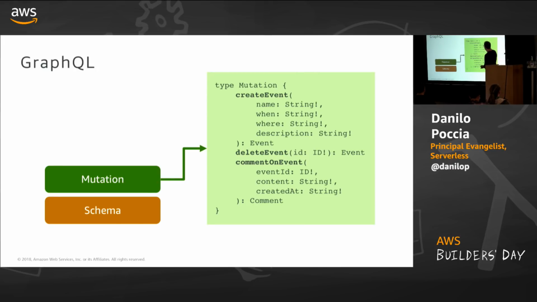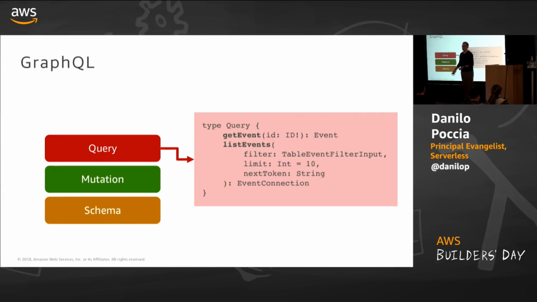So to create an event, I need all the information of the event. To delete an event, I need the ID. And to add a comment, I need which is the event I want to comment on, the content of my comment, and the creation date. After the mutation, we can define the query, so how to get information from my data. So I want to be able to get an event by ID, and I want to be able to list events